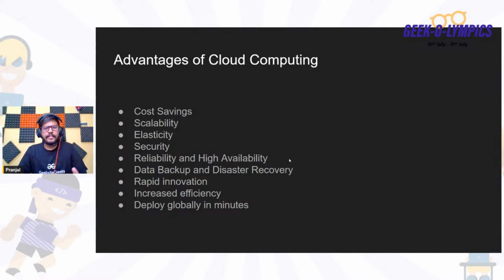What does it basically mean, deploy globally in minutes? As I said, they provide you the high availability feature, which means your application is not sitting in one particular location. It could be around the world, around the globe. If you want to launch your application in the US, you can do that. If you want to launch your application in Europe, you can also do that. So within a minute you can do that, and it will be accessible around the world. You can deploy the application and the workload globally within a minute.